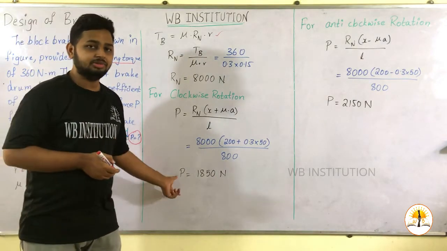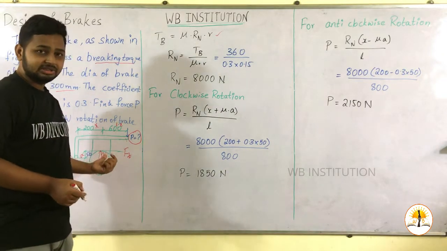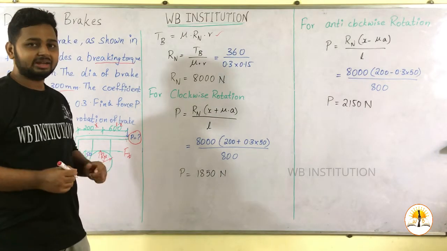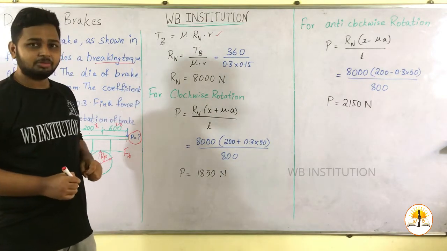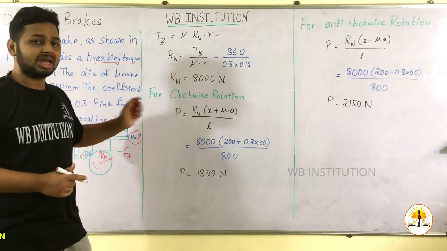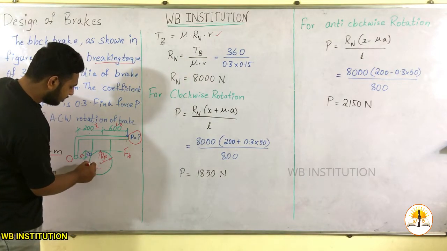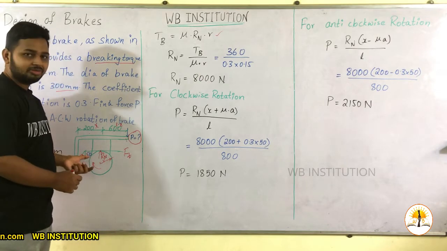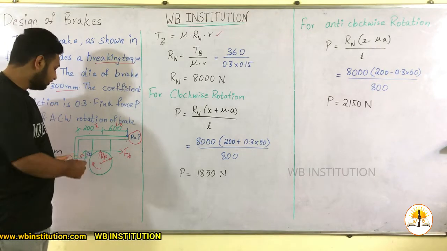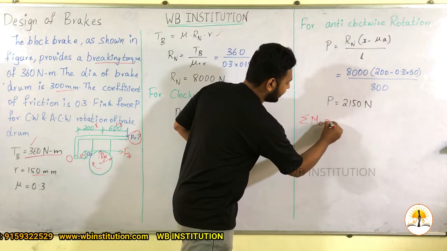So this is the amount of force which we have to apply at the lever in order to reduce the speed or completely stop the rotation of the brake drum. So at the time of examination, if we do not remember this equation, then how to derive it? We have taken it as a clockwise direction. So if we take clockwise direction, the frictional force will be acting in this direction. So we just apply moments. So sigma Mx equal to 0, so M naught equal to 0.